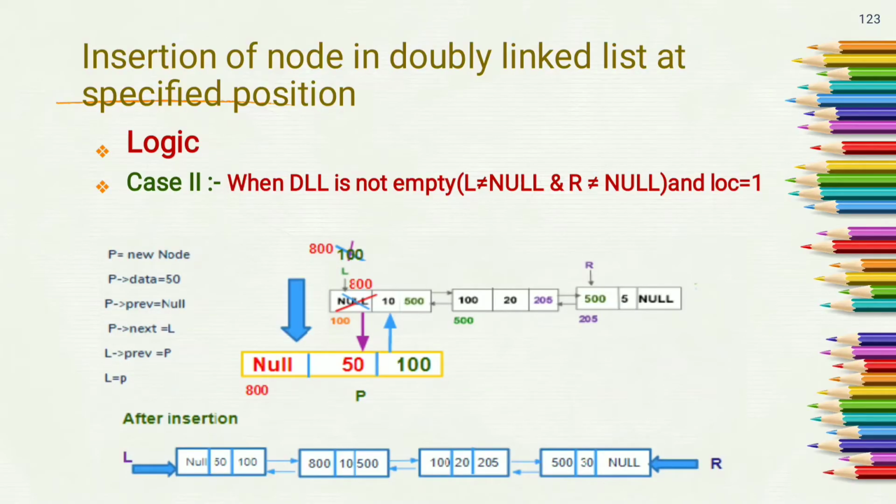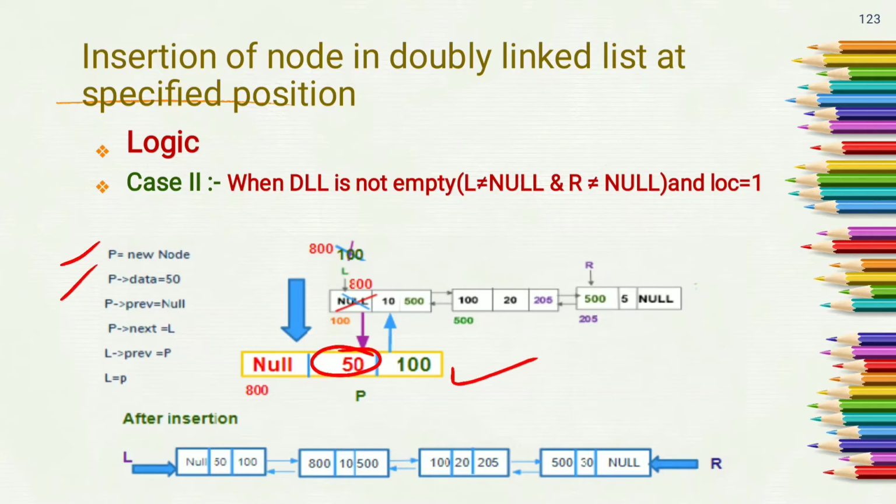Case 2 is when the doubly linked list is not empty, that means the value of L and R is not equal to null and location equals 1. Here location specifies that we have to insert the node at the first position in the doubly linked list. Initially we have a linked list containing 3 nodes having values 10, 20 and 5, and L is pointing to the node having address 100 and R is pointing to the node having address 205. So first we have to create a new node P,